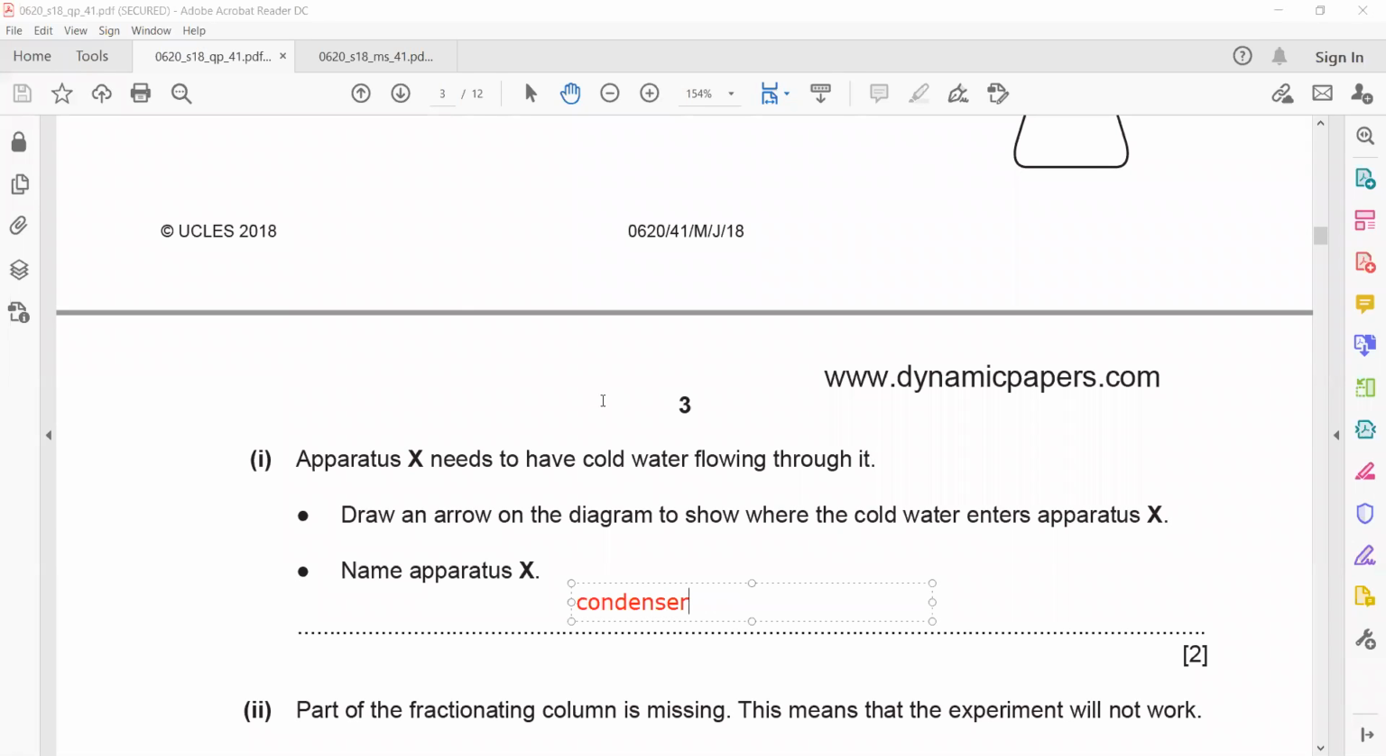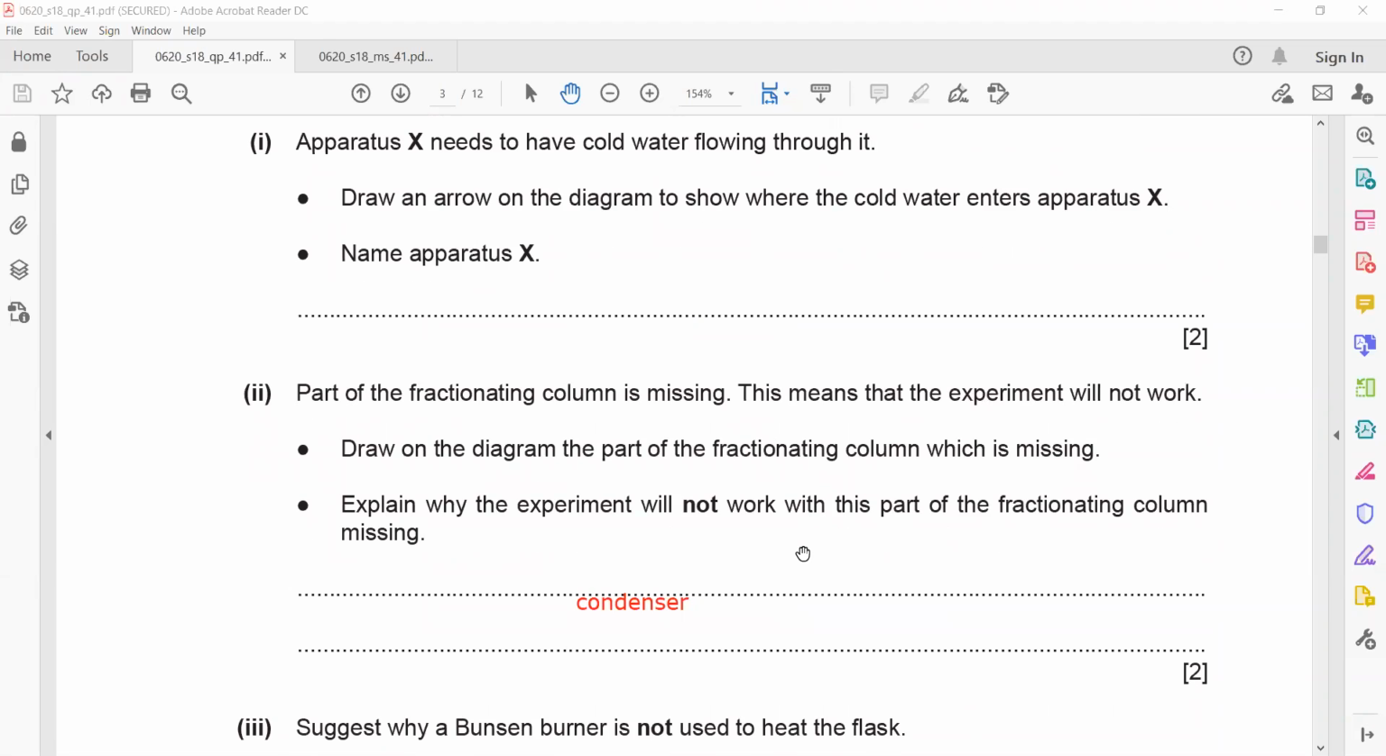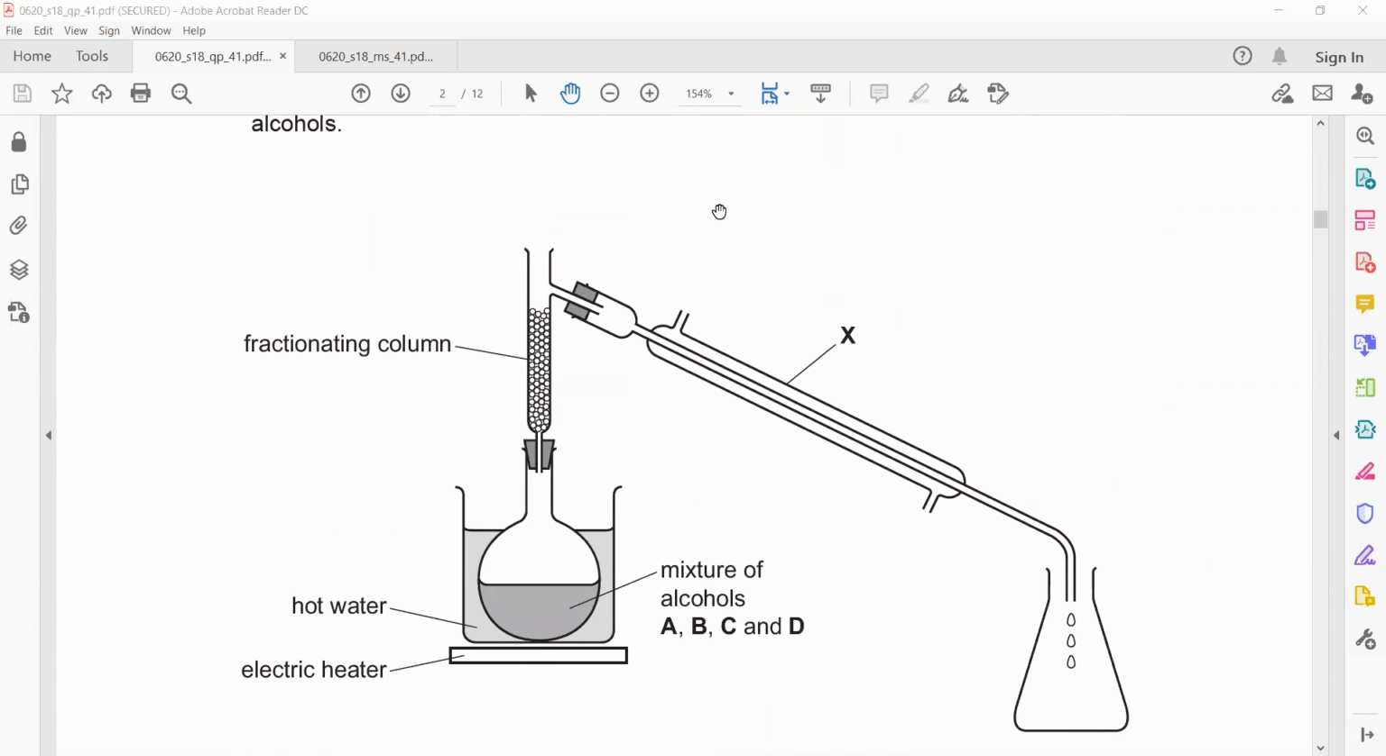A part of the fractionating column is missing. This means the experiment will not work. Draw on the diagram the part of the fractionating column which is missing and explain why the experiment will not work with this part missing. So you have a lid at this point, and at this one as well, but this is not necessary. The first one is necessary,